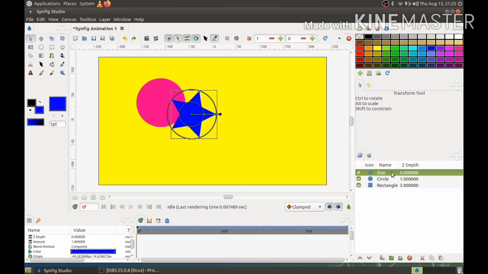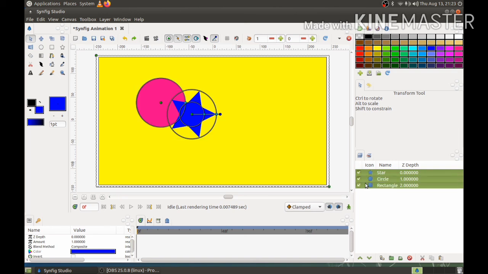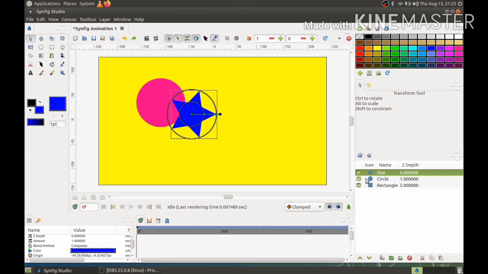By selecting the star layer, I can see the properties of the star. If I am selecting more than one layer, then I can see only the common properties. Means I can see only those properties which are common in these two. Suppose I am selecting these two, then the properties which are common for both will be displayed.